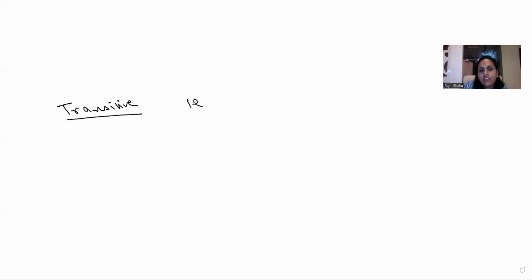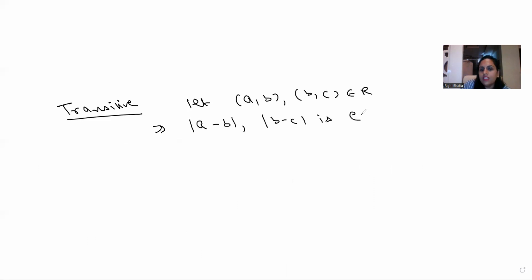Now for transitivity, we will write: let (A, B), (B, C) belong to R. Now this simply means that modulus of A minus B and modulus of B minus C are both even. Just now I explained that if the modulus of a number is even, the number is also even. This implies A minus B and B minus C